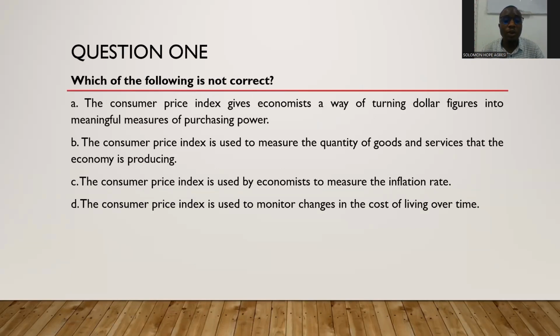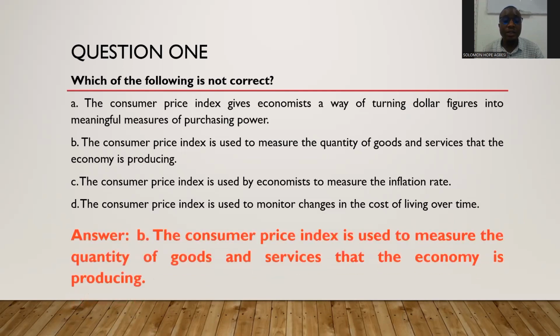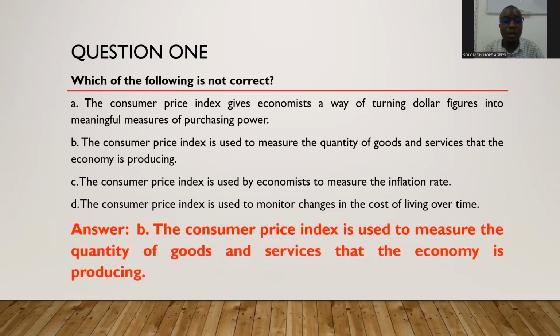B, the consumer price index is used to measure the quantity of goods and services that the economy is producing. C, the consumer price index is used by economists to measure the inflation rate. And D, the consumer price index is used to monitor changes in the cost of living over time. The right answer is the consumer price index is used to measure the quantity of goods and services that the